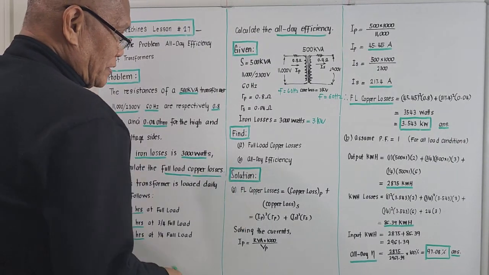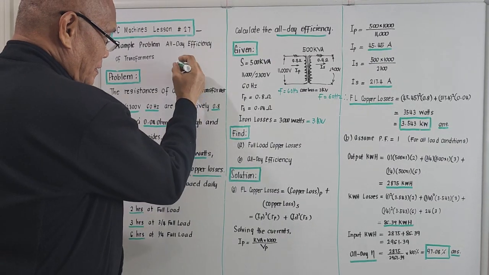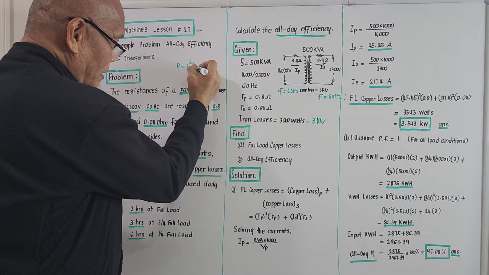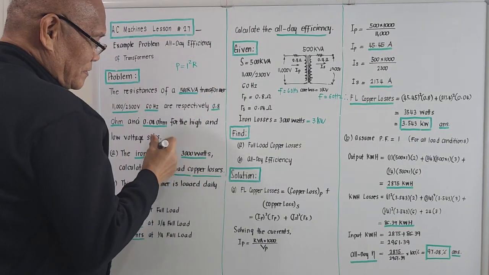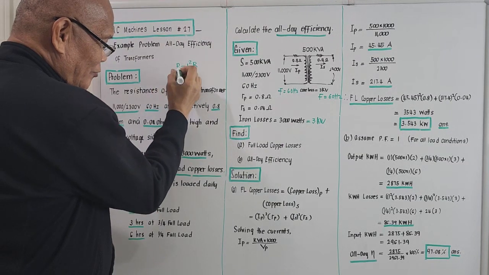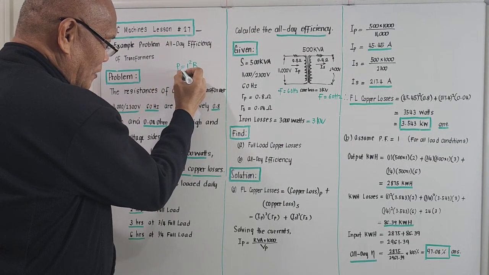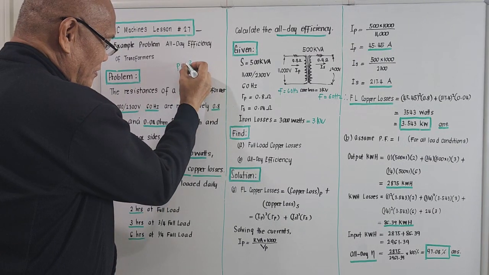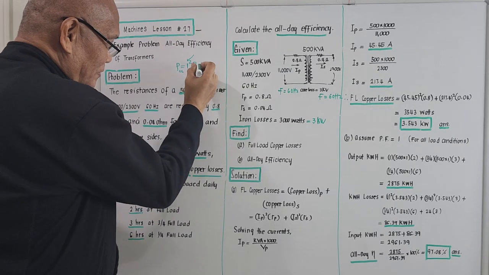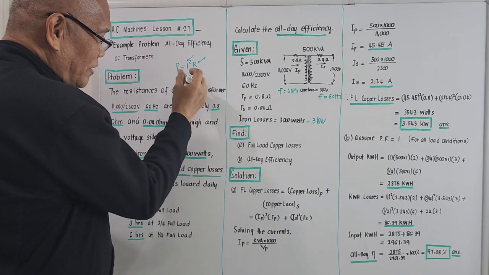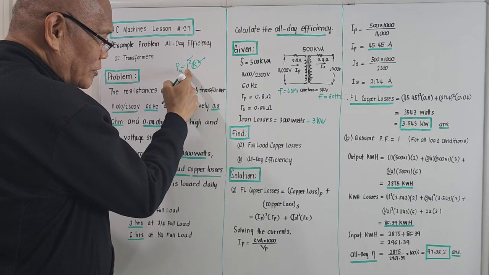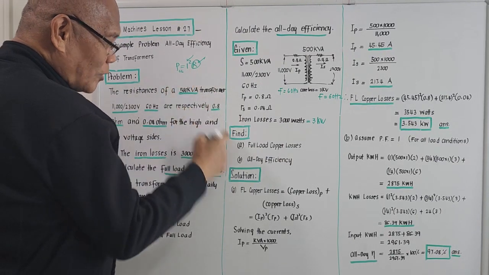Full load copper losses, what do you call this? Power is equal to I square R, right? So if we try to compute for the true power, we will place the subscript here, copper losses. Okay? So we must compute for the current times the value of the resistance. The resistance is actually given, but we must compute for the individual current to compute for the copper